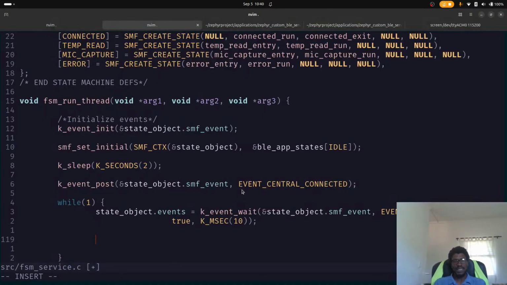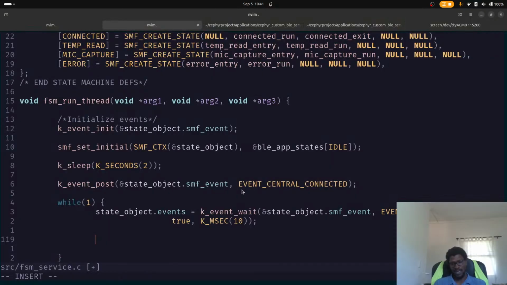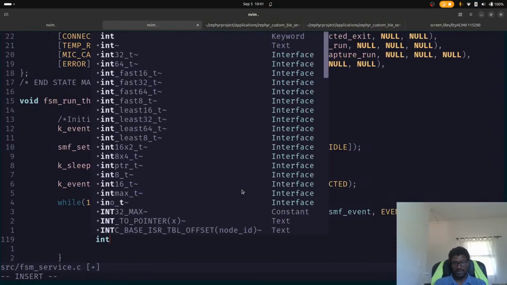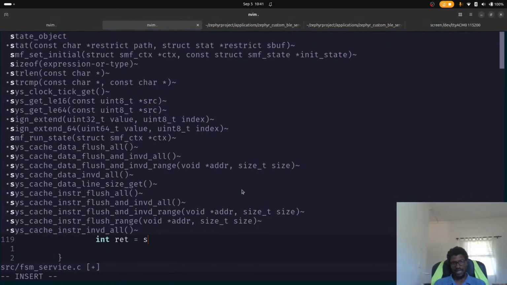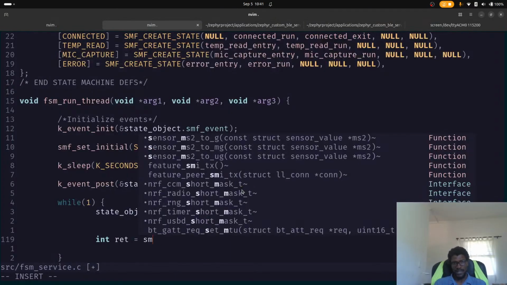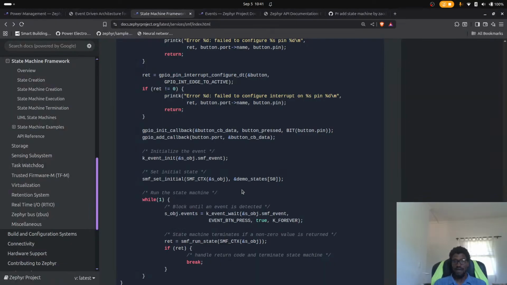Okay, cool. So let's do return ret is equal to, this is quite messy for now. I will do actually int ret equals, because we don't know if this will work and we want to get an error. SMF run event run state,